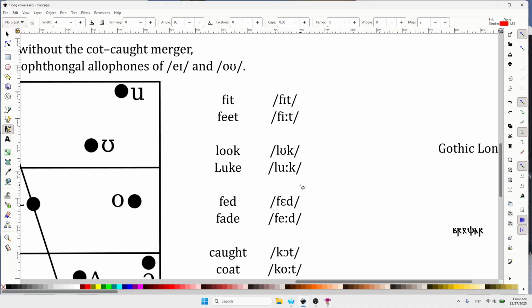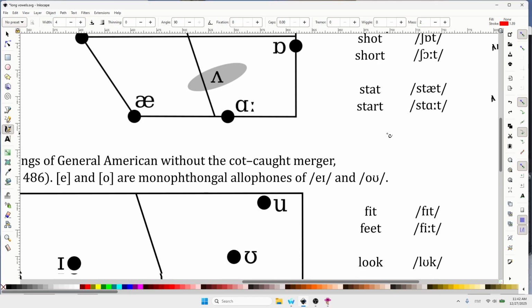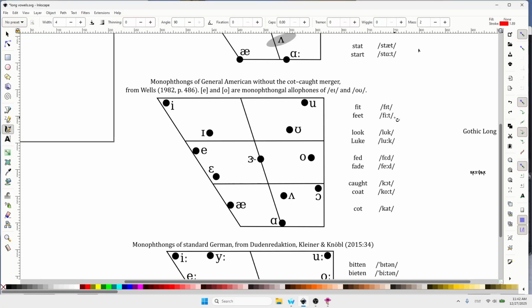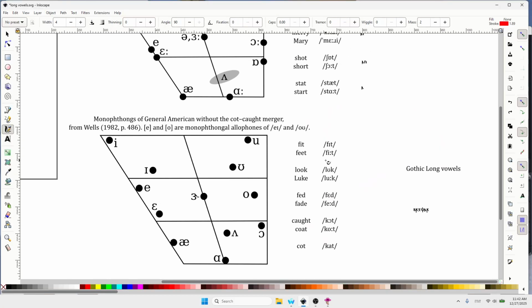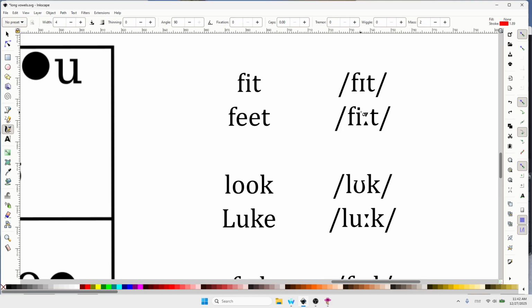First we have fit and feet, which is the same thing as I used for the first two. It's the same language, it's English, so I didn't need to do that differently. But for fit and feet,